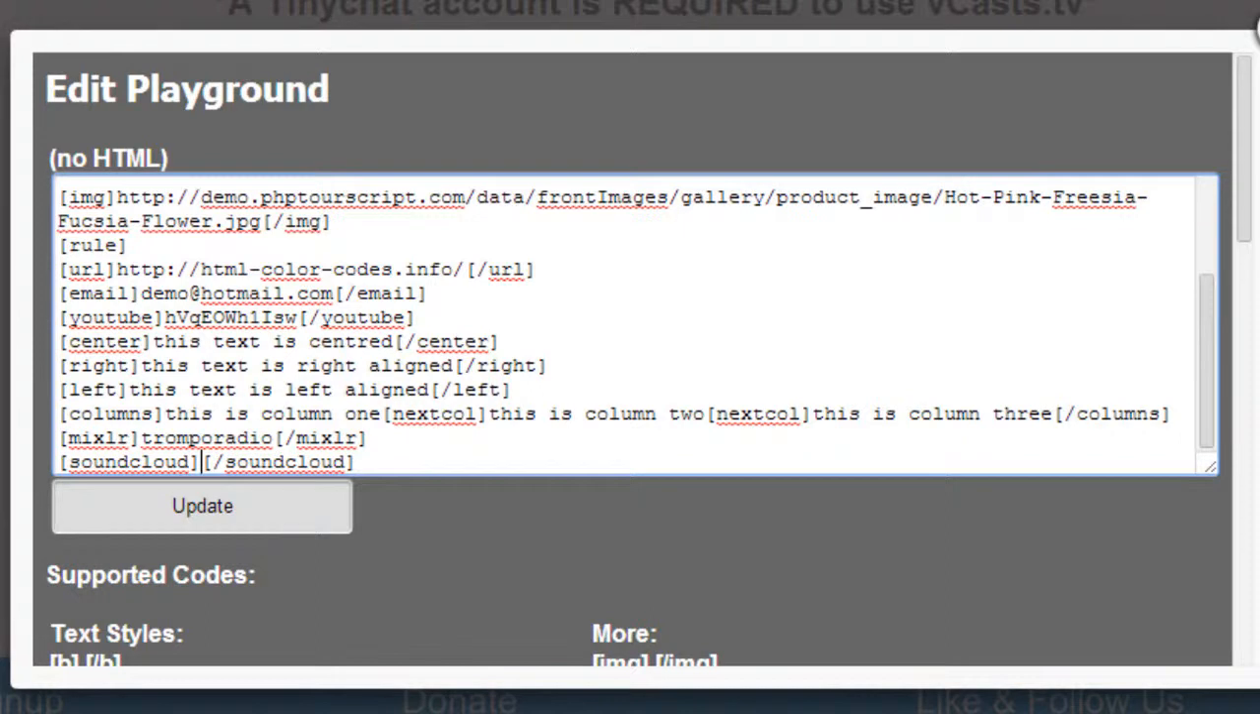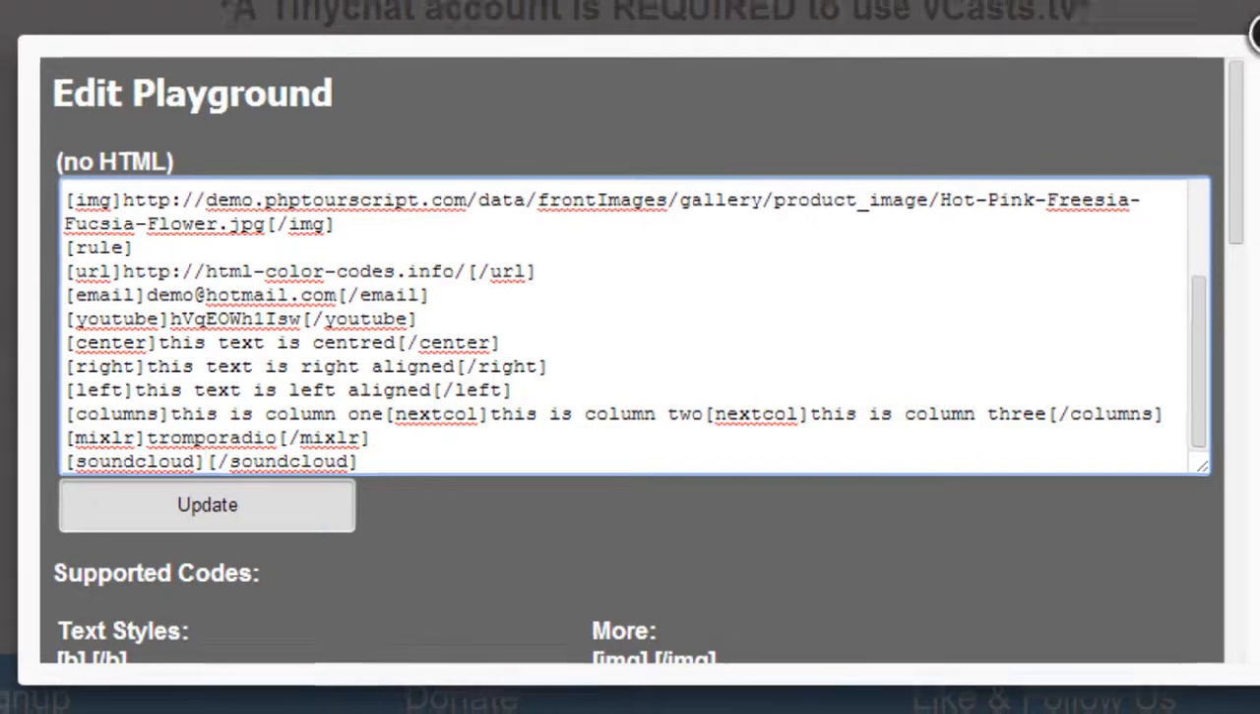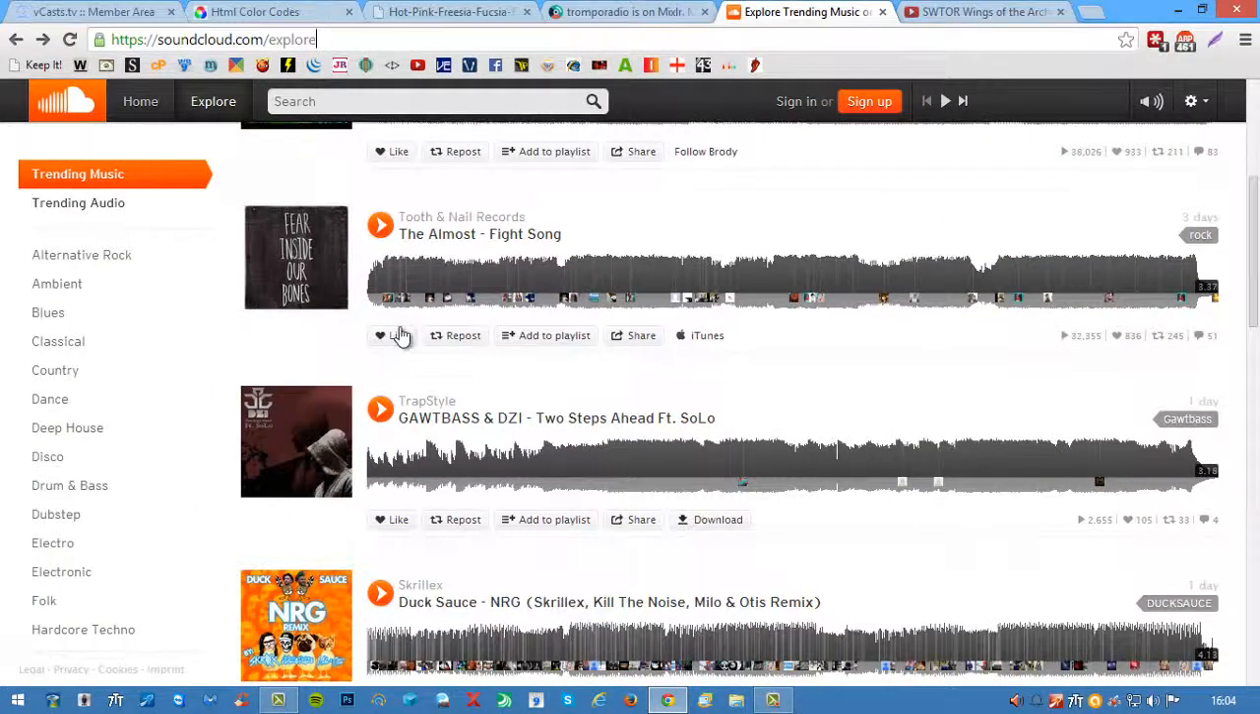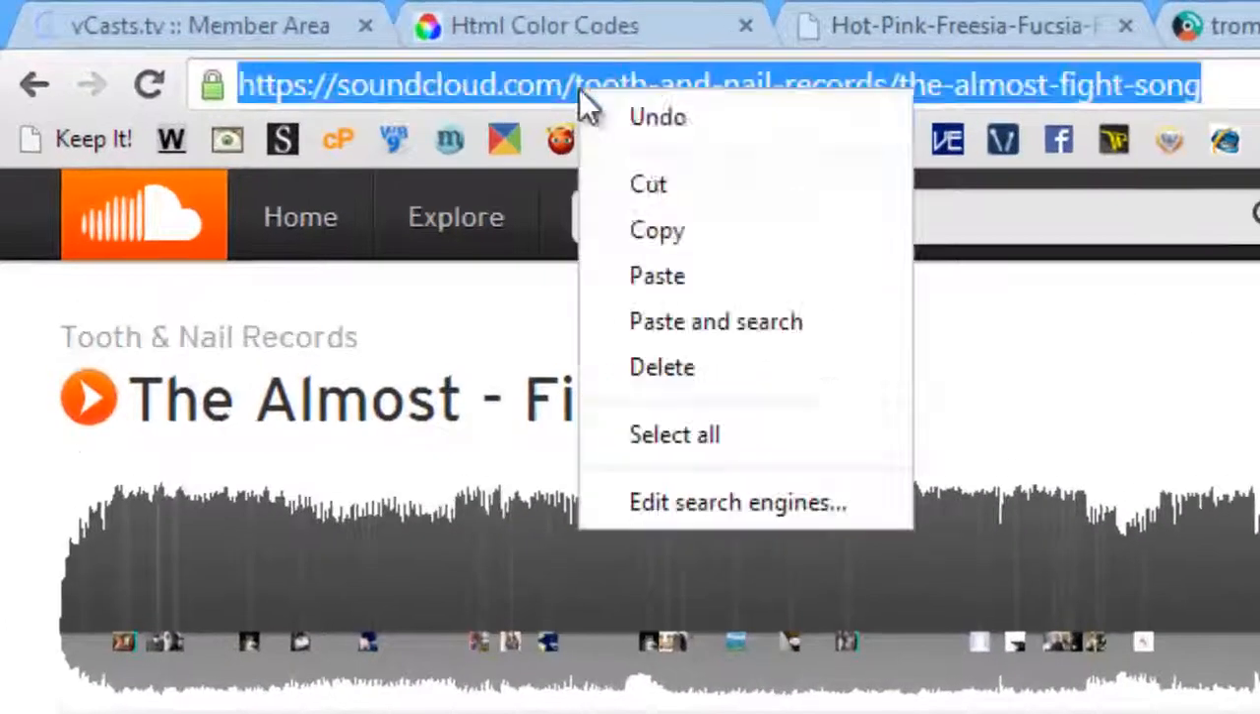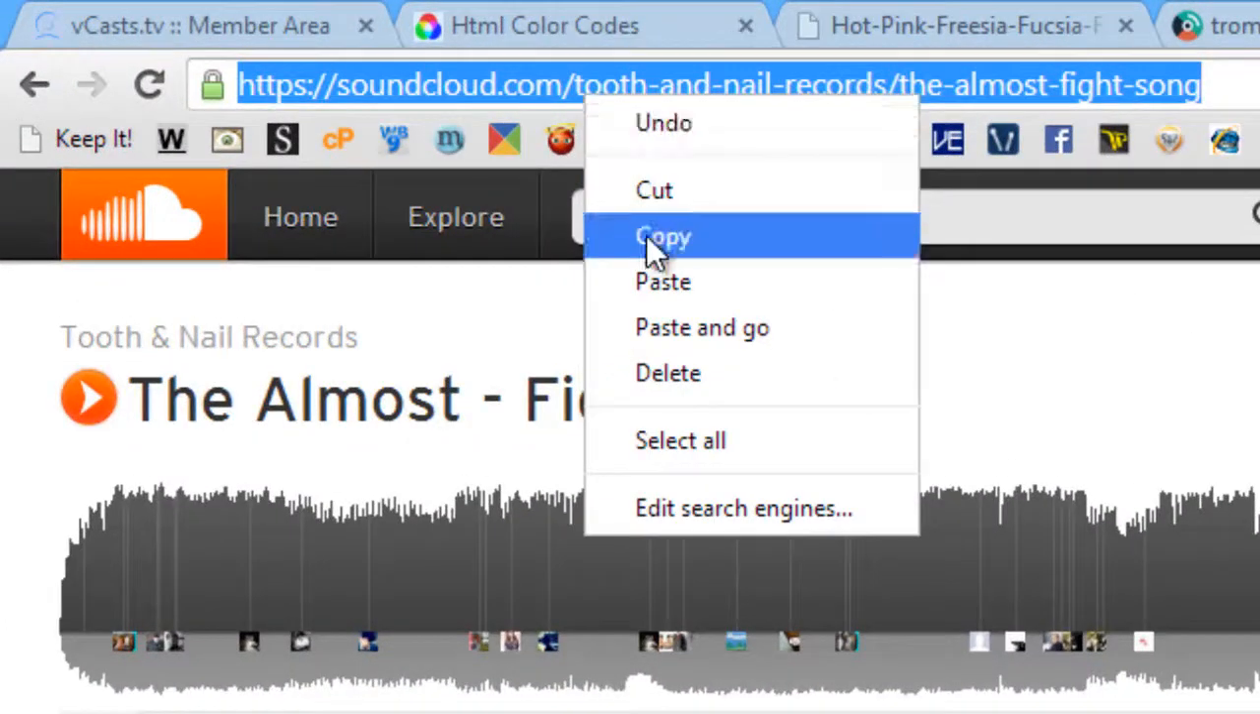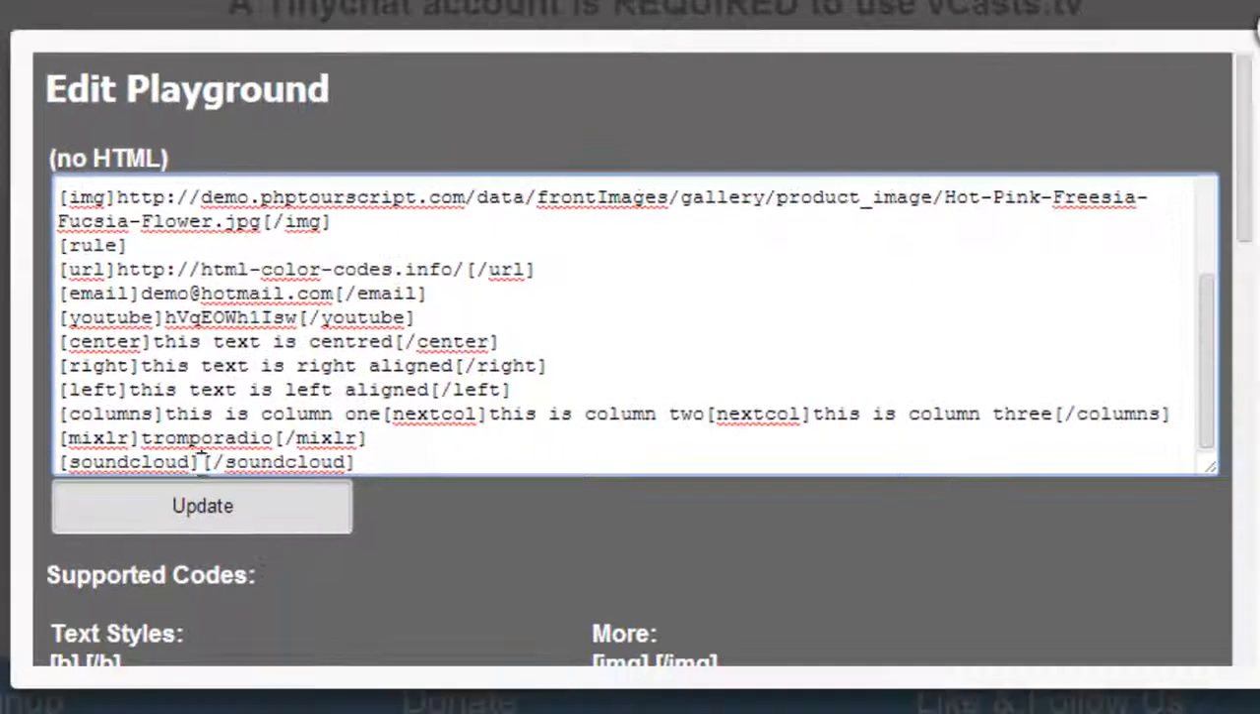And if you've ever used SoundCloud, all you need to do is put the URL to the SoundCloud audio that you want to listen to. So I have SoundCloud open. I'm going to select a song by clicking on it, and then you just copy and paste the URL up the top here. I copy that, I put that in,